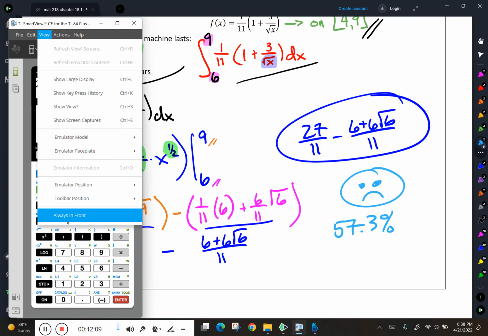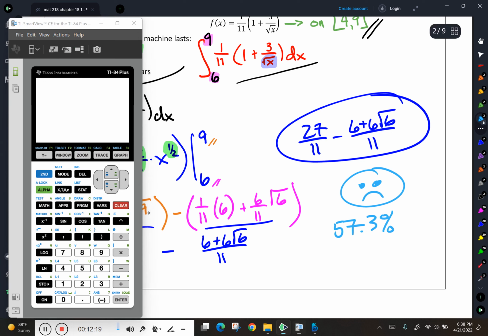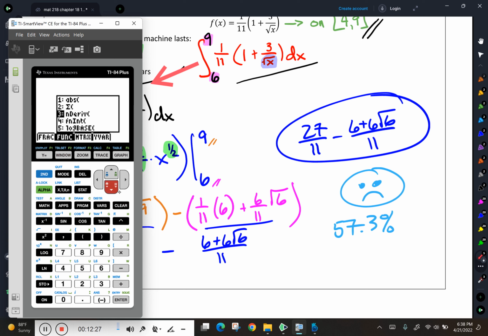Let me change that view to always in front. Okay. All right, that's fine, and I can do this all day long, but I'm going to make the following argument. Why don't I just take this original problem right there and put that in the calculator? Why don't I just type in the integral from 6 to 9 of 1/11 plus 3 divided by the square root of x dx, and just have it,